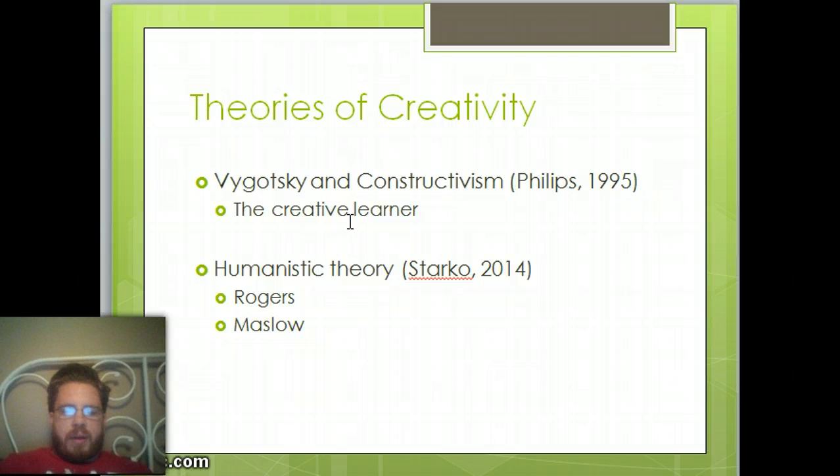So I think this is a very important point to bring up when we discuss creativity, just from an underpinning point of view. The second type of theories that I'd like to discuss are humanistic theories. There's many, but I've brought out 2 particular theorists. One is Rogers and one is Maslow. Rogers is most famous for person-centered, client-based therapy and psychology, and he discusses creativity as an important tenet of well-being and fulfilling